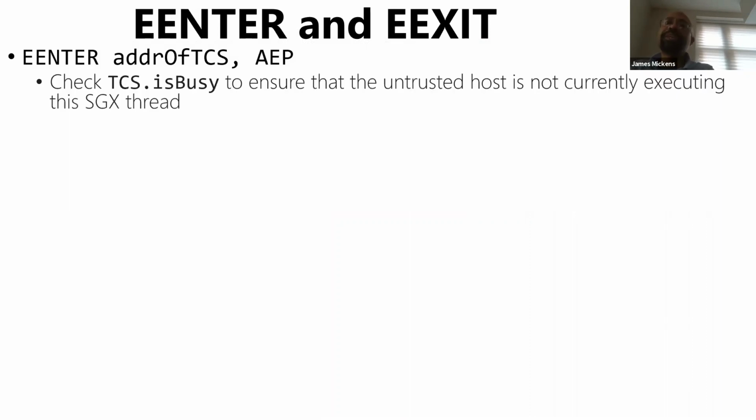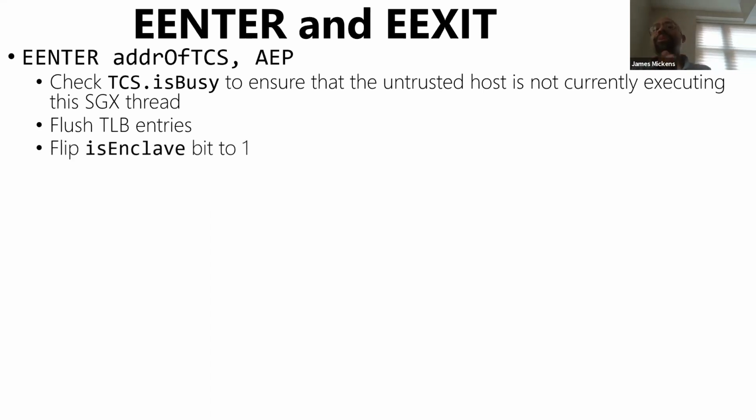And so if you want to enter into an enclave, use this EENTER instruction. Roughly speaking, it takes in the address of the thread control structure that you want to jump into. So it's going to check the thread control structure to make sure that basically the untrusted host is not currently executing this thread. It's then going to flush the TLB entries because we don't want the malicious OS or malicious user mode process to somehow have filled up the TLB with mappings that are not the correct ones for this enclave. We're then going to flip the is enclave bit to 1 to indicate to the SGX hardware, yep, we're